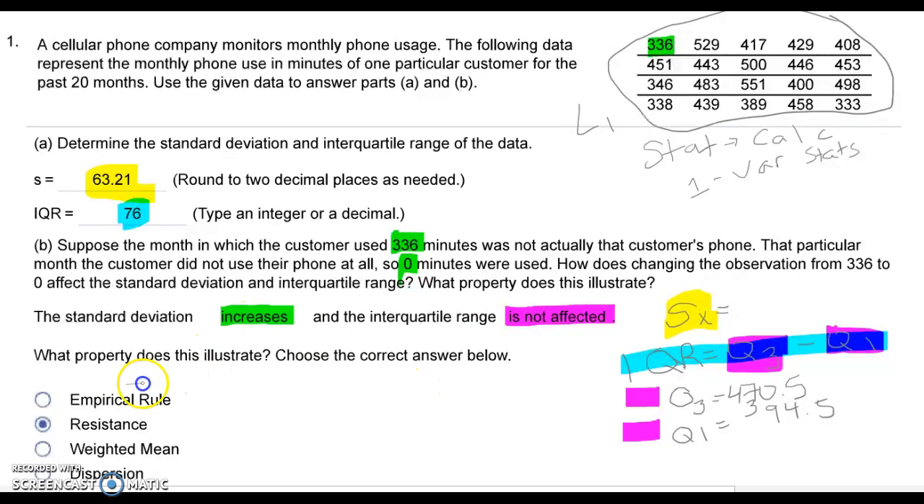And this property, this idea that standard deviation increases but the interquartile range is not affected, is what we talk about in the videos again with resistance. So resistance is that changing high or low values does not change the IQR. So the IQR is resistant and the standard deviation is not. And I talk about that at the end of the videos for chapter